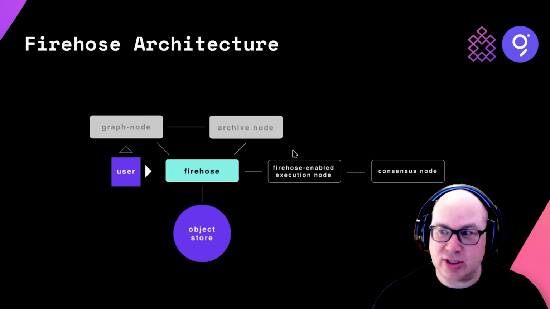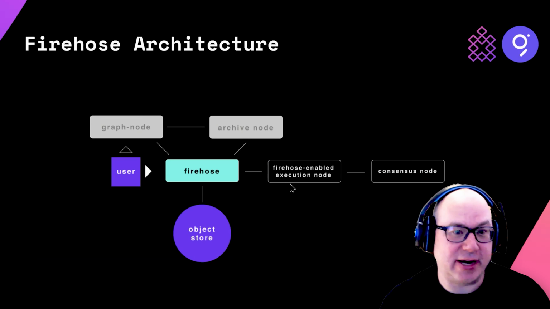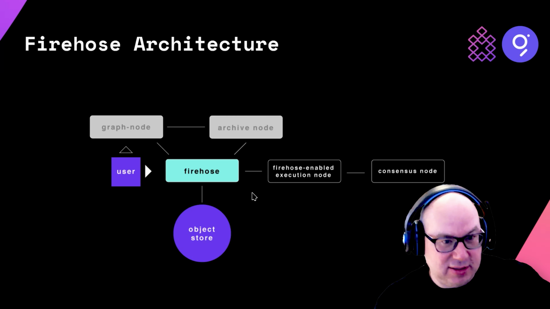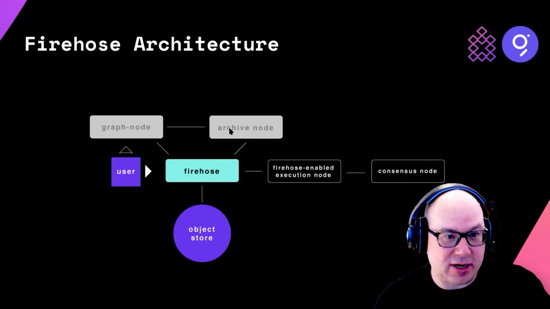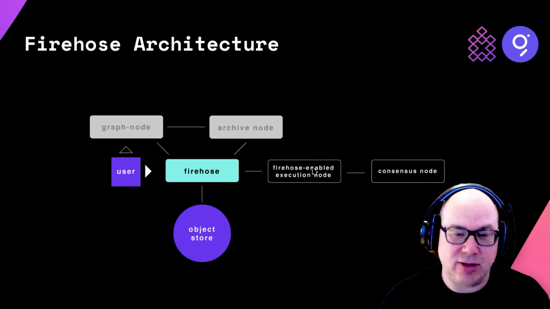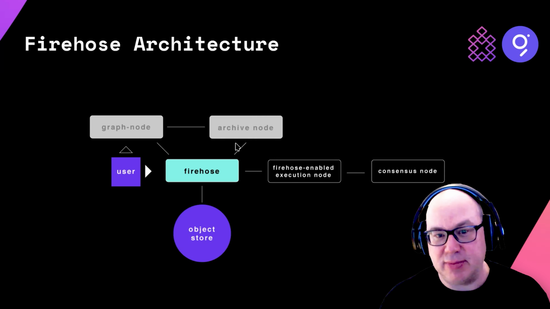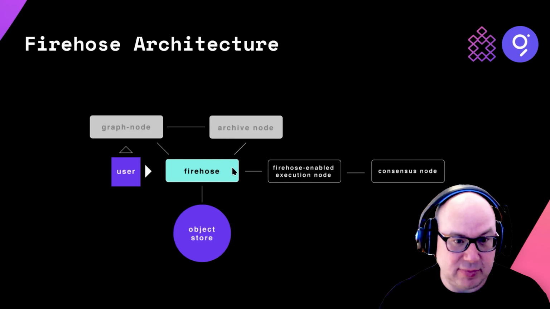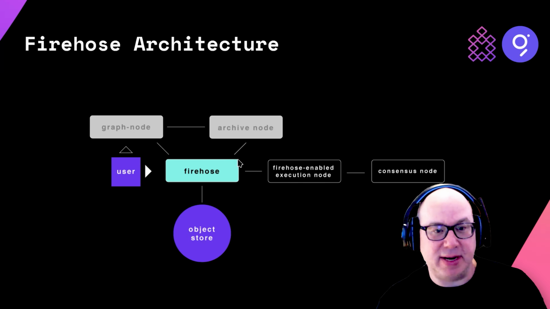All right, so just to bring back the original architecture diagram of where Firehose fits in for anybody who's new to this. So we have our graph node that normally talks to an archive node. And here we've introduced Firehose, which needs some sort of Firehose-enabled execution client, or there's this new mode where Firehose uses RPC calls. So it could actually use the same archive node. So this stuff on the right here is optional depending on what chain it is.